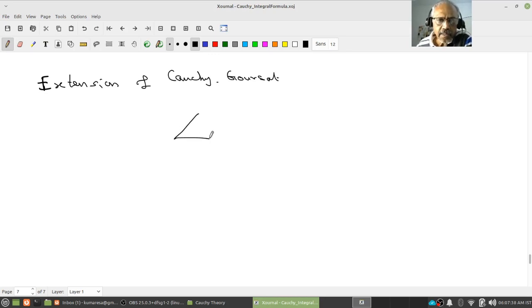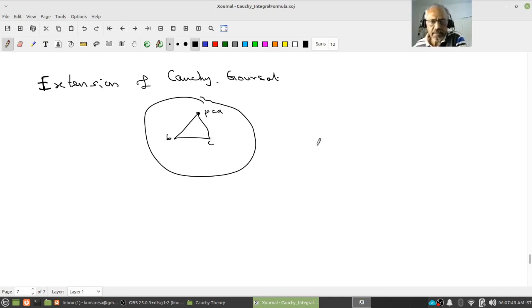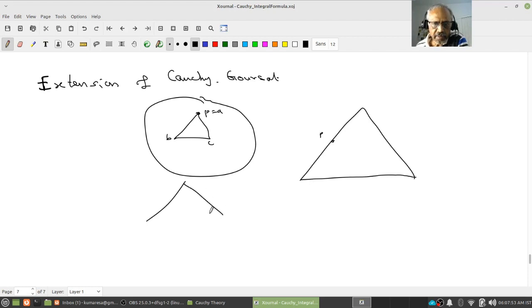Right, where my point P equals A, B, or C. Suppose my P is elsewhere. For example, P could be here, or P could lie on one of the sides, or it could be interior. Then what do you think I will do? I can split it like this. Now I can consider the triangle, and maybe I can use, as usual, a different color, and this, and another triangle,